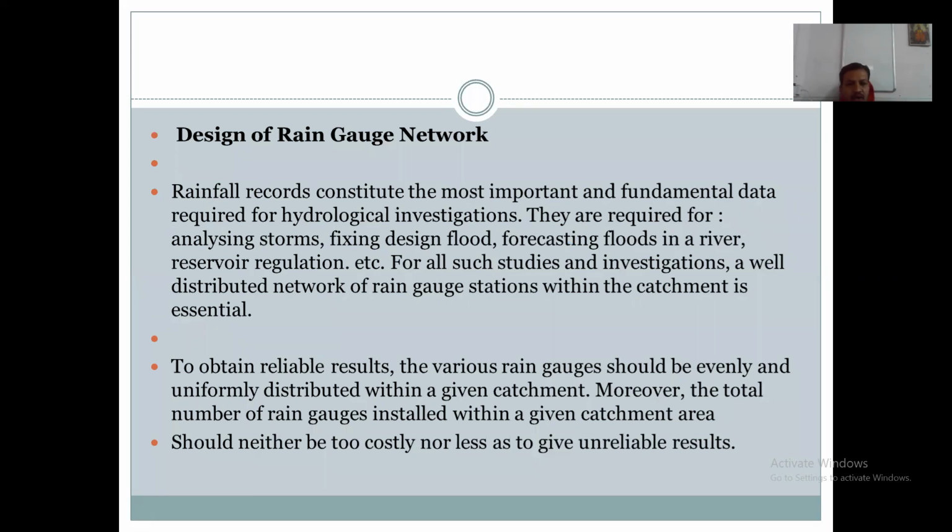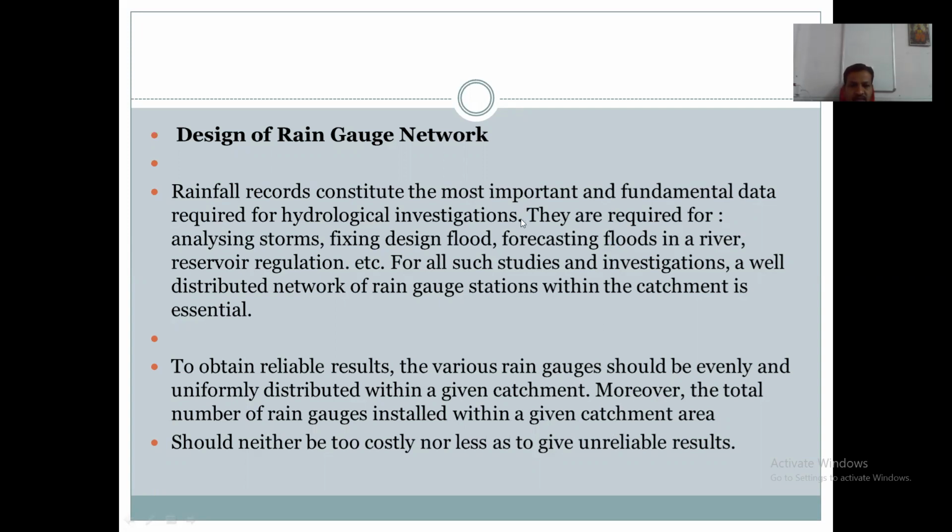The rainfall record is useful for estimating and measuring the rainfall, for hydrological investigation, to know the hydrological related data,